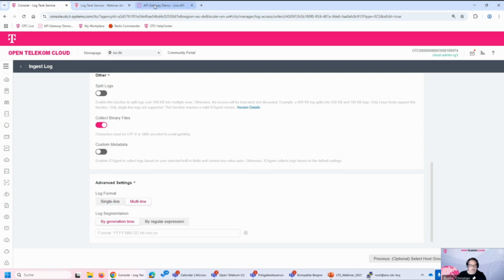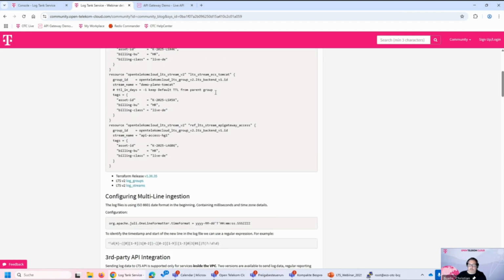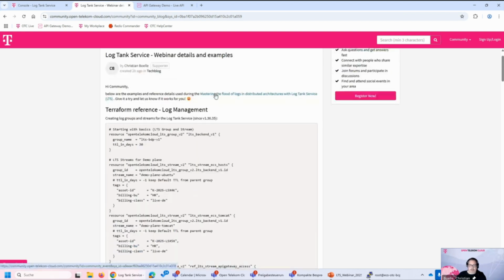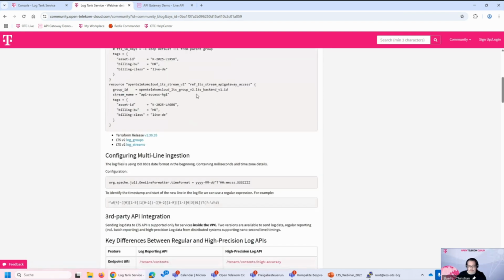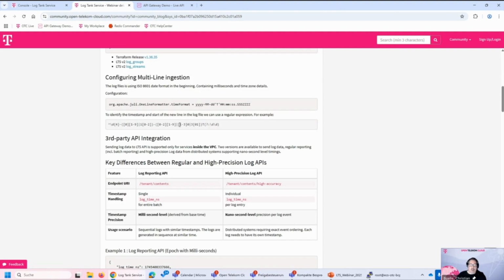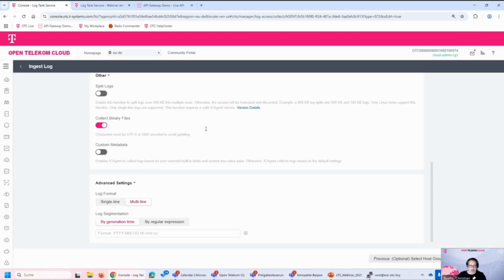And for the multi-line log, here is a small article that we just published this morning, by the way, where you can see all the examples which we use today in our demo. And this ISO date format, which is used by the application server, we can also use here as a regular expression. We can build it into the multi-line log format. With this, we inform every client which parses the information from a Tomcat that the Tomcat is using a multi-line log, and this is how the log starts. So what we do with this regular expression,